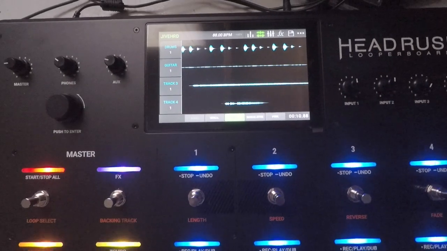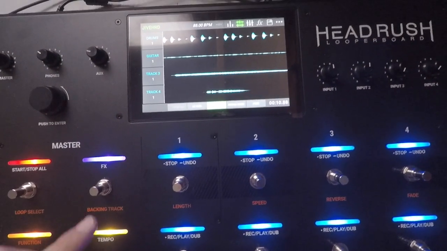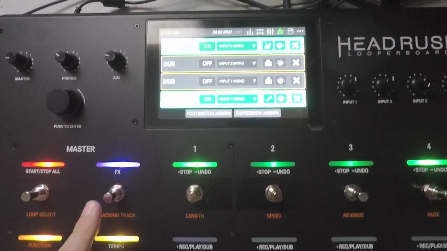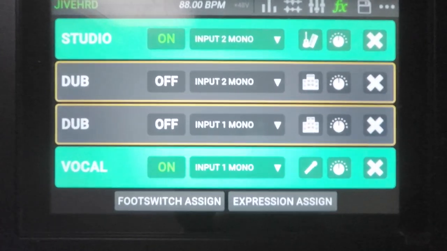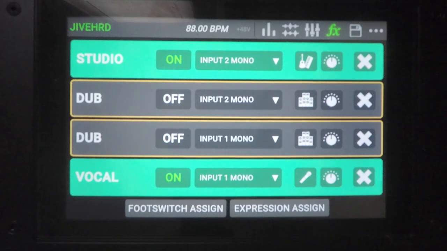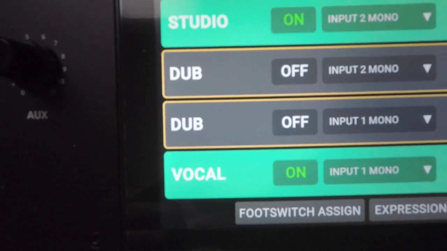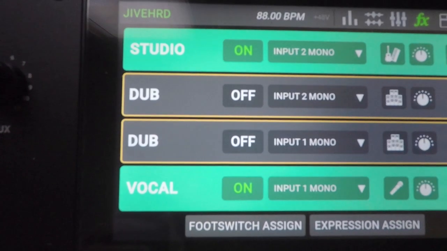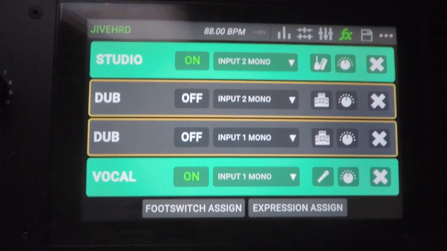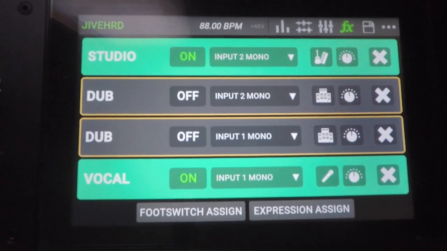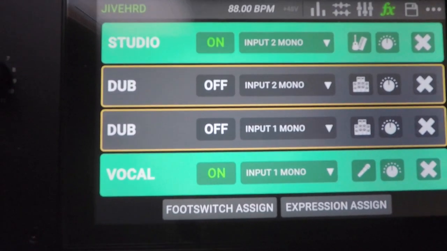So for example, when I'm going to click on effects and I go to click out and I'm in a rush to come in here, and I've just played 4 or 5 songs in this set, and I see studio, dub, I might not remember what dub 1 or dub 2 were in these effects racks, depending on how far into my set I am and if I can remember that or not. So to be able to name these custom,